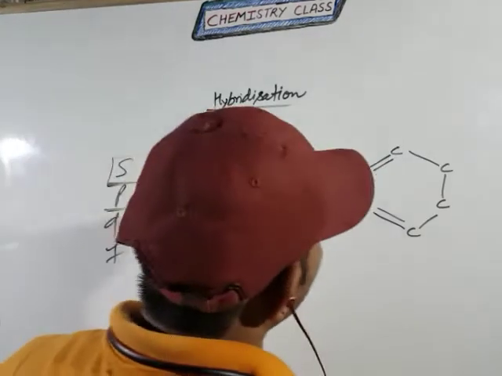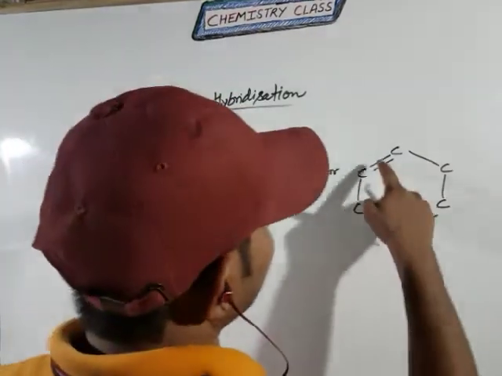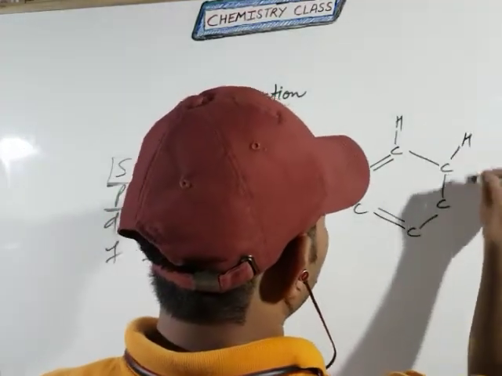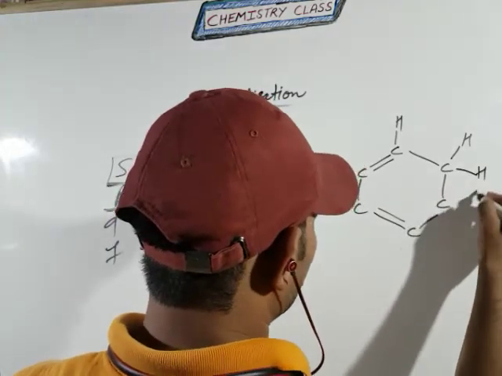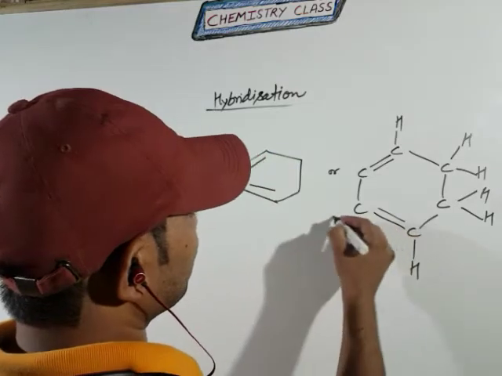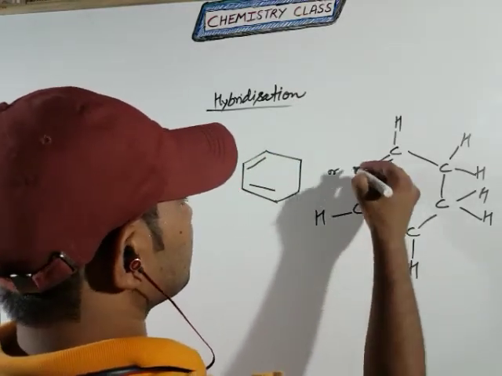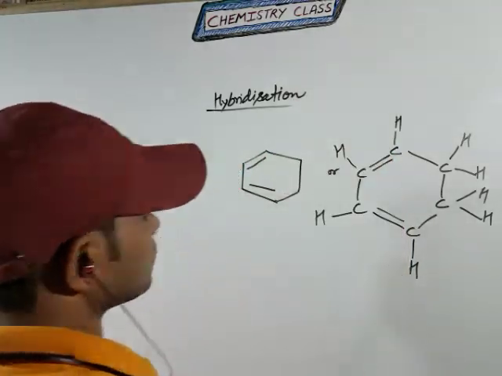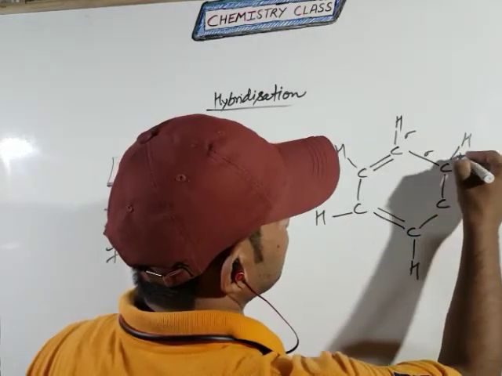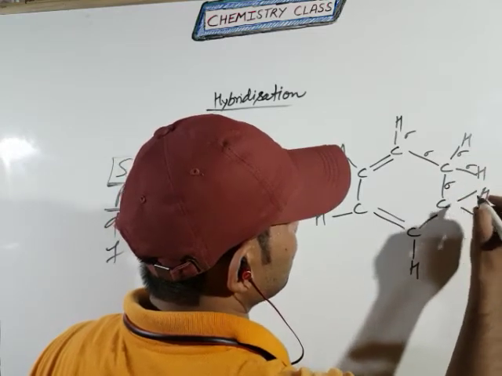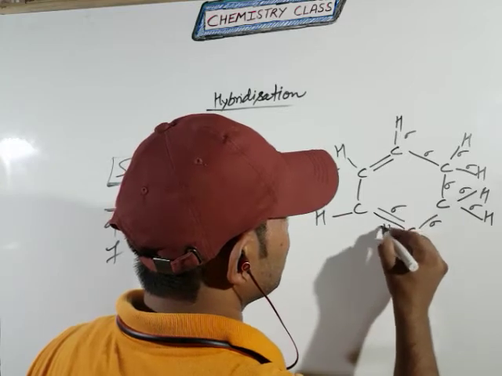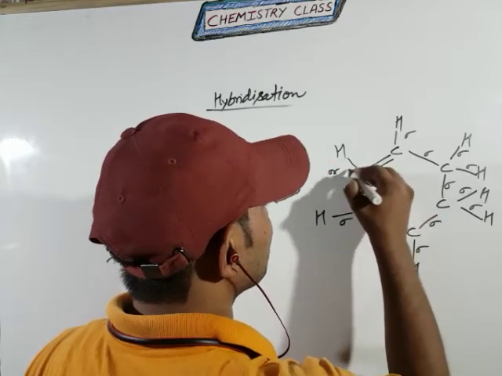We know that the maximum number of bonds for carbon is 4, but in this case it is 3. That's why take hydrogen. Also in this case 2 bonds are there, so 2 hydrogens are required. In this case also 3 bonds, that's why 1 hydrogen is required. In this case also 1 hydrogen. So students, calculate the sigma bonds. A single bond means sigma bond, and a double bond means one is sigma and one is pi.